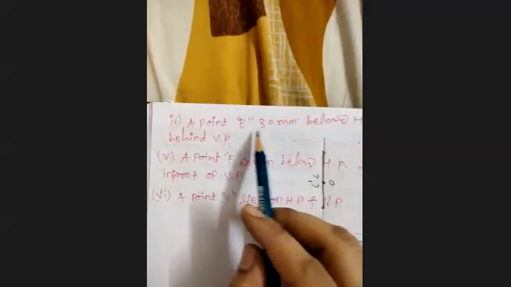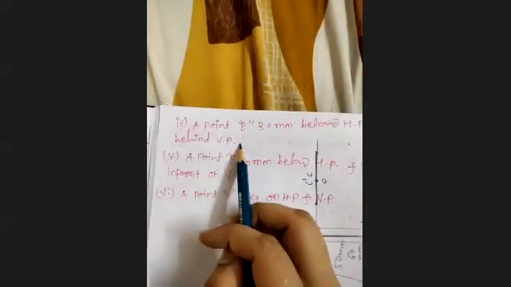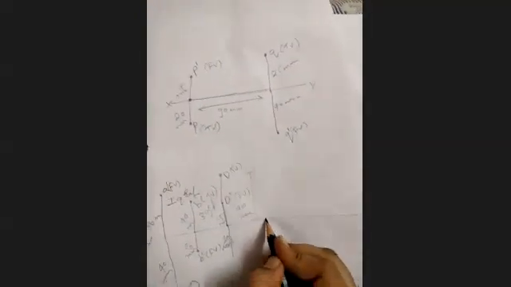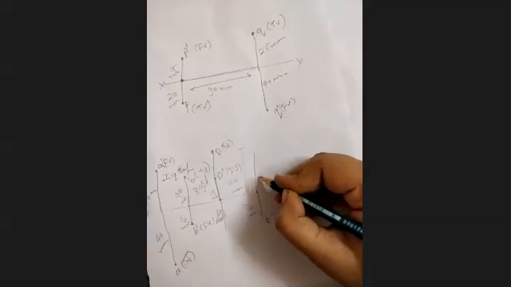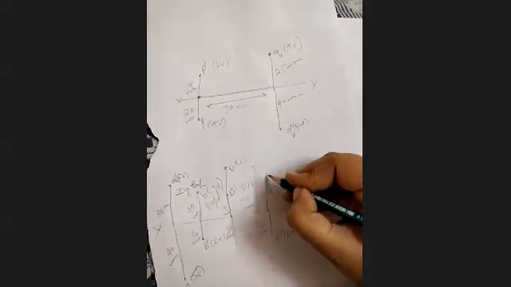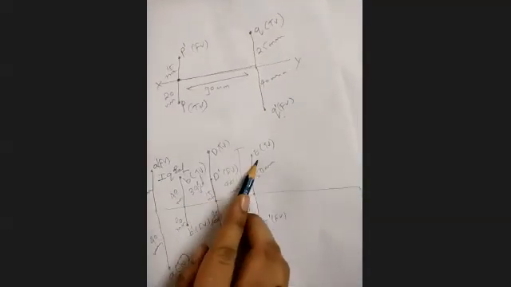Next, what are they asking here? A point E is 30 mm below HP and 50 mm behind VP. Tell me which type of quadrant. Third quadrant. Okay. Then 30 mm below HP is E dash, and 50 mm is E. E dash, ma'am, downward, front view. And upward side is E, top view.